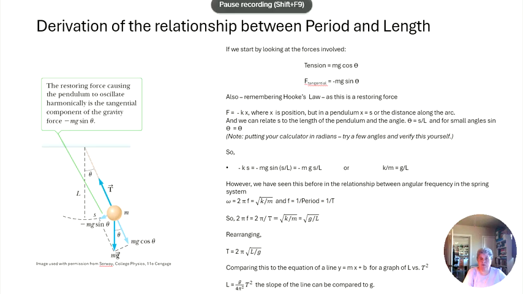So I'm creating a short video about the derivation of the relationship between the period and length for the simple pendulum. Remember that the simple pendulum is a way of representing simple harmonic motion. And there is nice information in the simple pendulum that allows us to do a lot of things. One is we can determine the acceleration due to gravity by using the simple pendulum and looking at its period